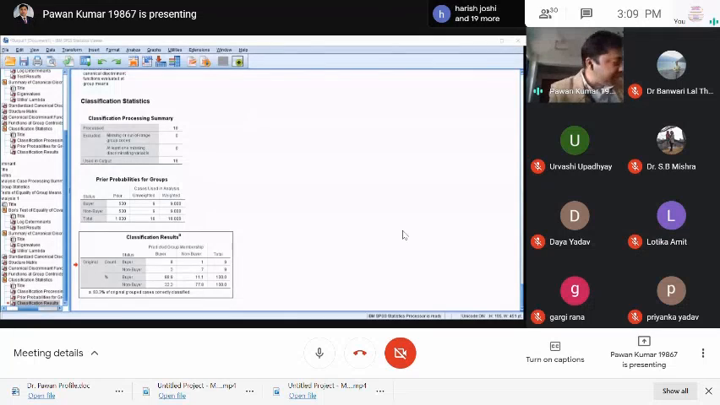Okay, Shailendra sir. This is what I have shown you, the demonstration of two examples of discriminant analysis, and I have shown you the PPT. I can share the PPT also with the